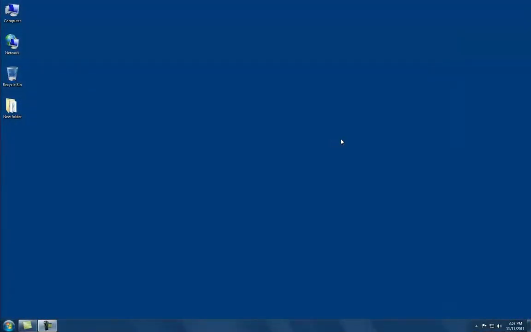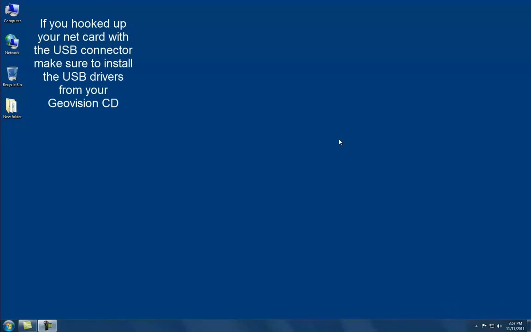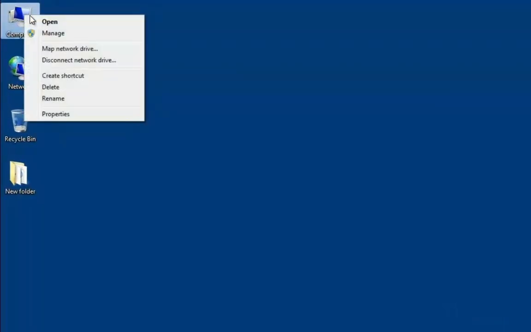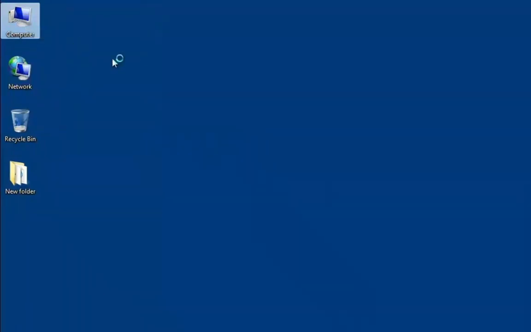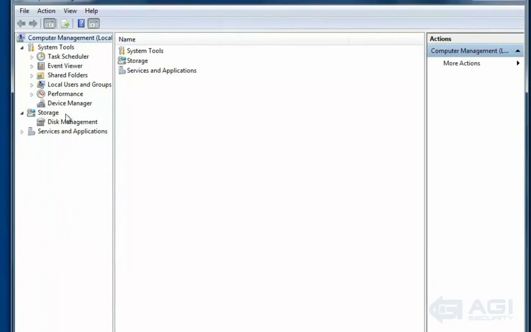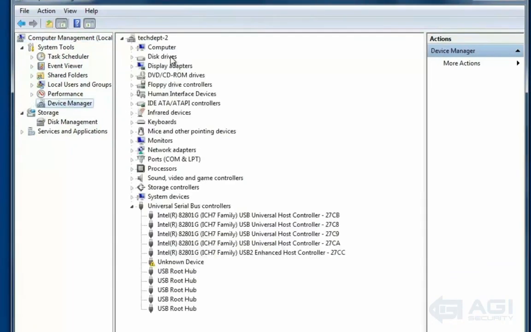The first step to setting up your PTZ camera with Geovision is to check what COM port the Geovision net card is using. To do this, you need to load up your device manager. For this, right-click on My Computer and click on Manage. This pulls up your computer management screen. Look for Device Manager on the left-hand side, click on that, and then you need to look for Ports, COM,